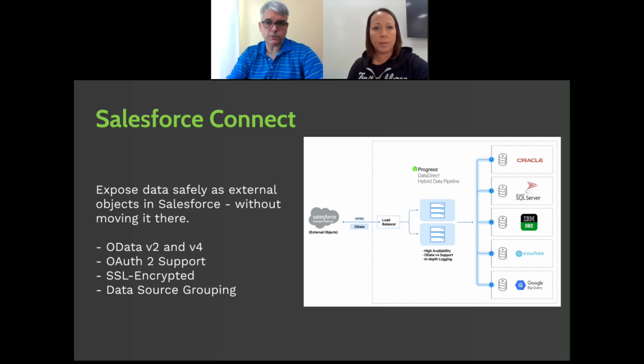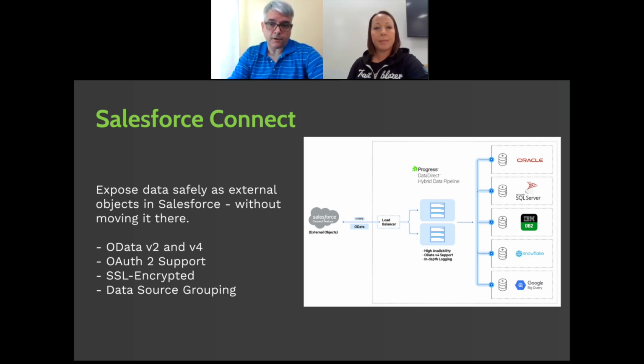Another cool thing about this is there's a real cost savings involved in that Salesforce charges for these OData endpoints per OData endpoint. So in general, that would mean if you were connecting Salesforce Connect to Snowflake, that would be a single endpoint. And then if you also wanted to connect it to Oracle, that would be another. Hybrid data pipeline allows you to group what we call data sources, or data source grouping.